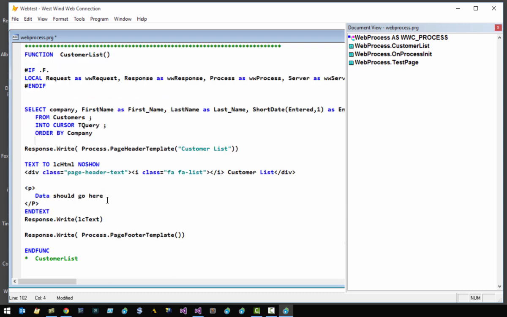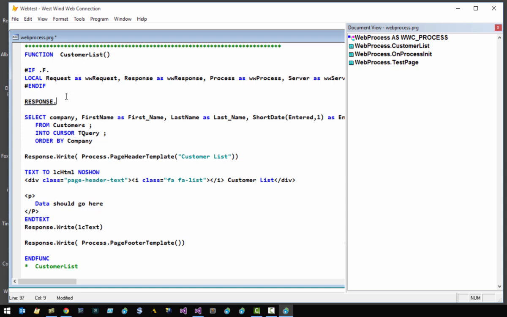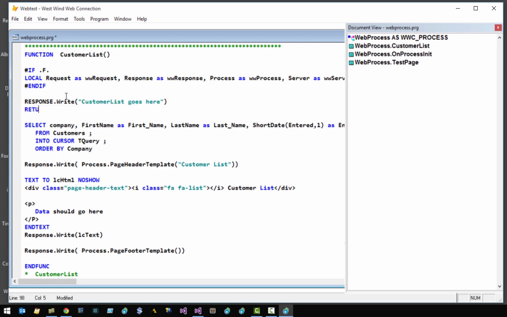So right now, for argument's sake, we're just going to run this request first to make sure that it works, and then we'll add the data a little bit later. So in order to display some information here, we can always say response.write and write some raw text out. So in any application, if you just want to go in and say basically response.write, customer list goes here, and return,